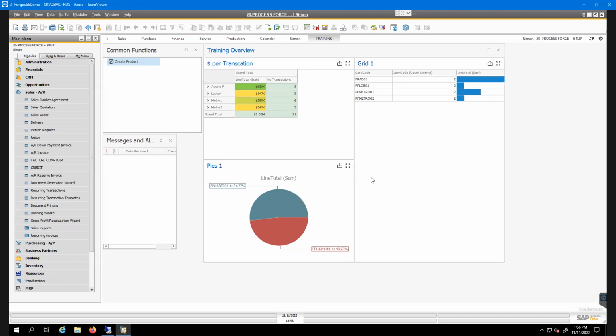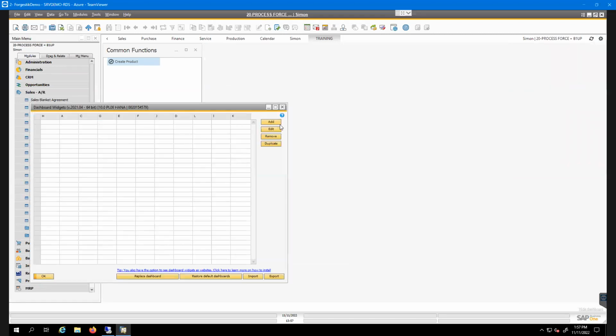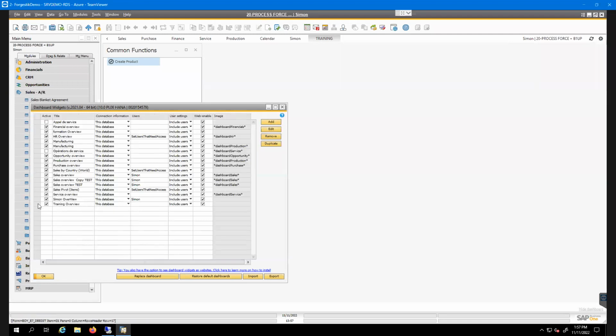So here, we're just going to do a simple one, which is going to be card codes. I can add a parameter here once I'm done, and that parameter will filter through my entire data source, because my data source here is the same query that I've just shown different ways, and it will filter the information. So here I'm just going to close it because I know that once I put the parameter, I'll have to refresh it. So we go back to our widgets here, double click on the training overview,